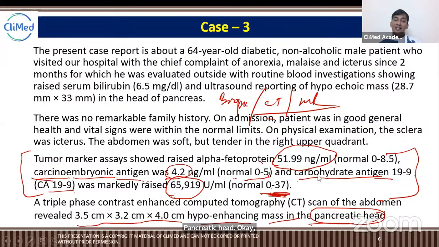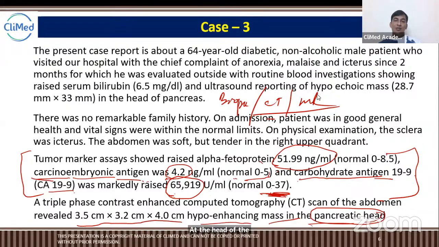Can you imagine the entire case here? The patient was almost asymptomatic, with no family history and nothing on examination, but the tumor biomarkers were raised. Alpha fetoprotein and carbohydrate antigen CA 19.9 were very highly increased. And when we did the computed tomography CT scan for this patient, we saw a large mass at the head of the pancreas.